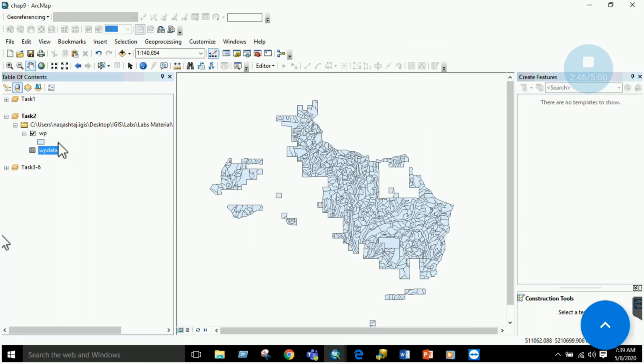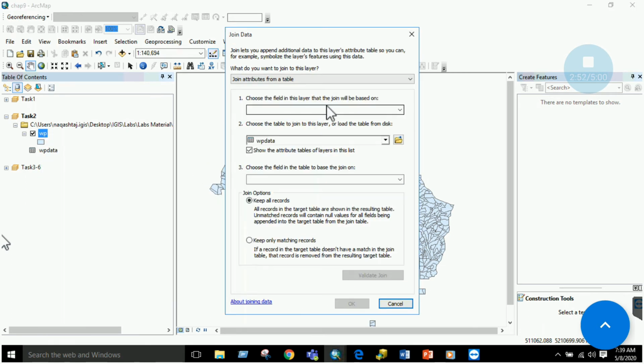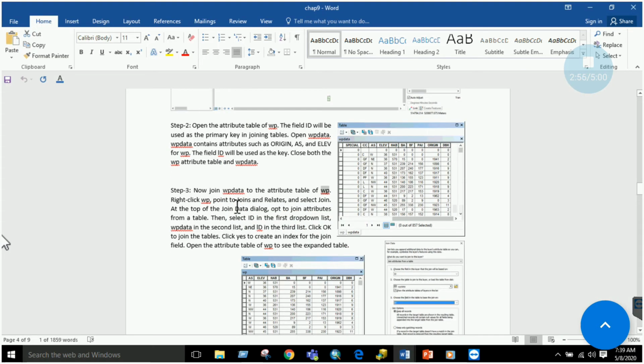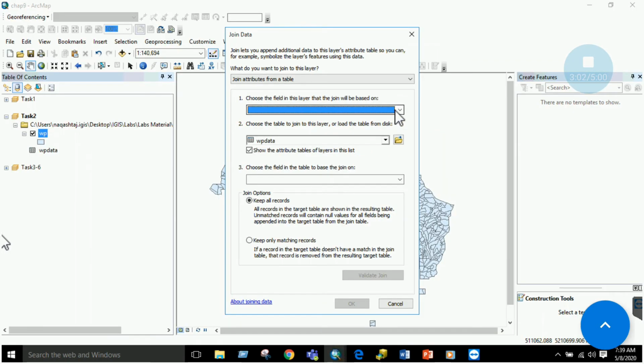It's a very simple step. Now here you have to choose which field you want to use. So we have to select the id, right, and join data from wp data, right? You can validate the join and click ok.